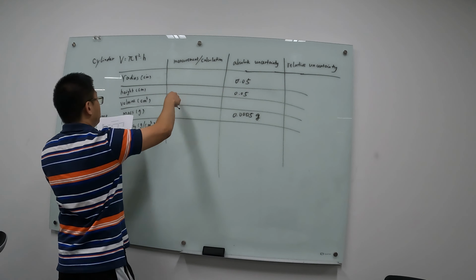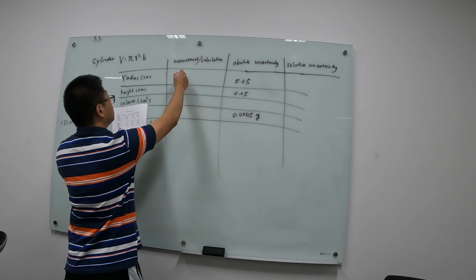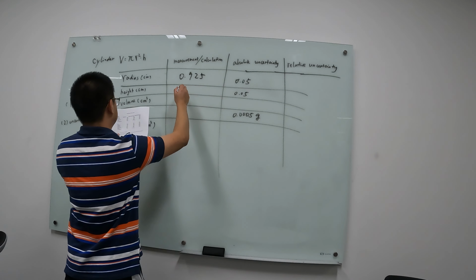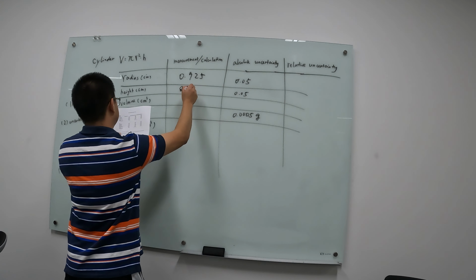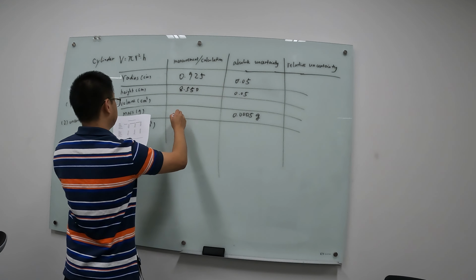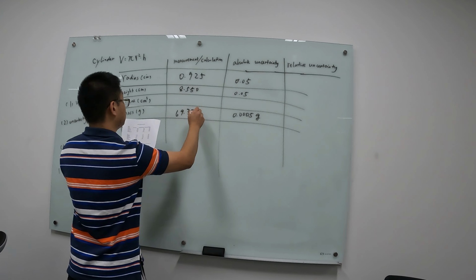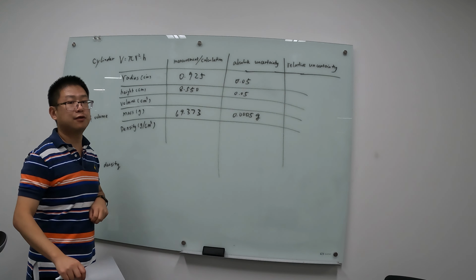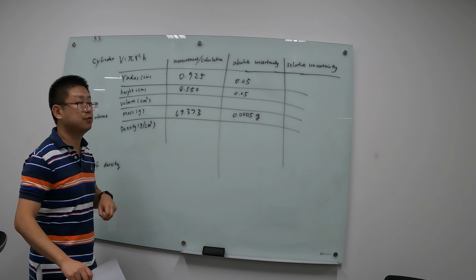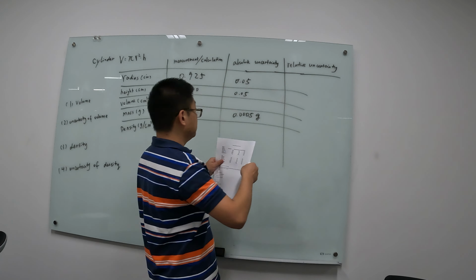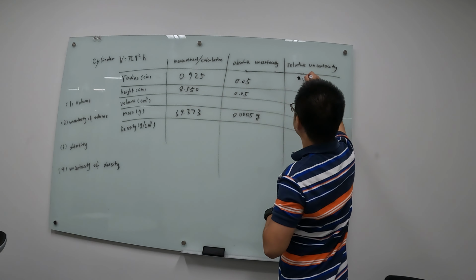And also you have your measurement. Assume that you get these values for your measurement, and for the mass. Then, based on these two values, you can calculate the relative uncertainty, which is the ratio, this one over this one, right? So you can have